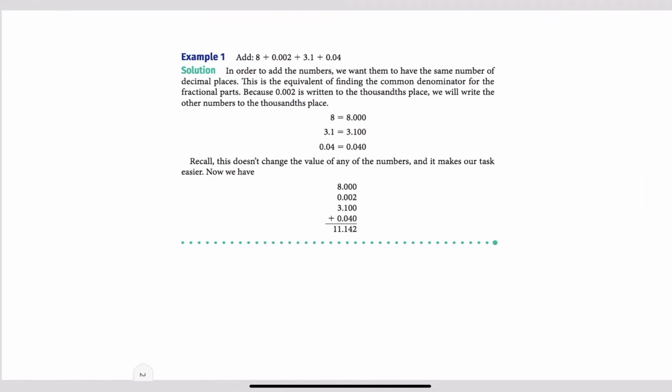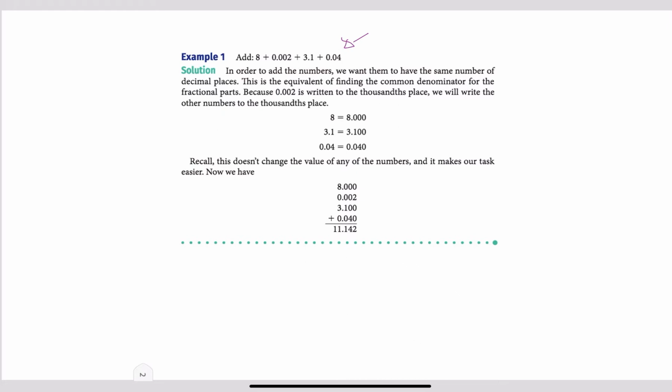So the first thing we want to be mindful of is that we can always rewrite a number as itself and as many zeros to the right of a decimal point as we need to express it in a way that helps us to add it or subtract it with other numbers. So for instance, if we want to combine these numbers up here, there are whole numbers, there are decimal numbers, there are numbers with a whole part and a decimal part, there are different place values. So one thing we can do, and this is not the only thing we can do by any means,